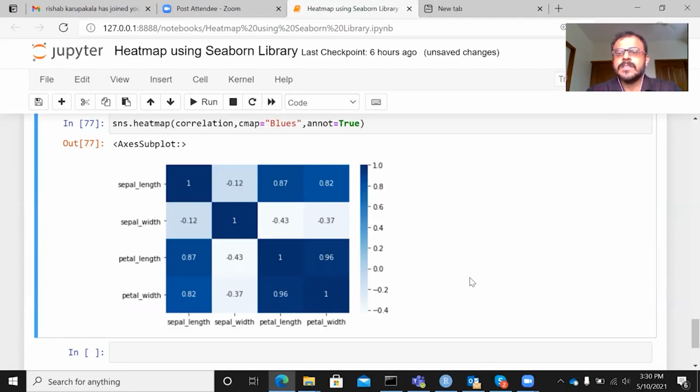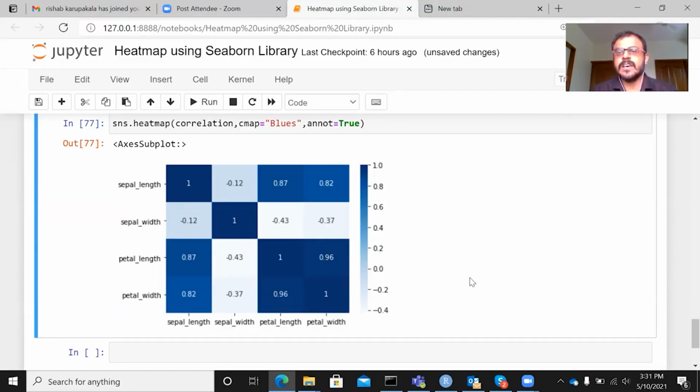Now, many times a correlation matrix happens to be the first step even before you go and model your data set. Why does this become the first step? Let's say you're doing a linear regression tomorrow. You will look at the correlation matrix to find out whether there is any relationship between the independent variables. If there is a high degree of relationship between the independent variables, it leads to a problem called multicollinearity, which we do not want. So it can be easily shown whether there is multicollinearity in the data set or not. All those things can be easily identified in the EDA stage itself.